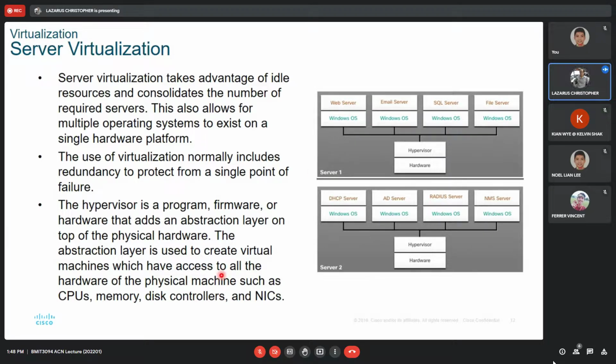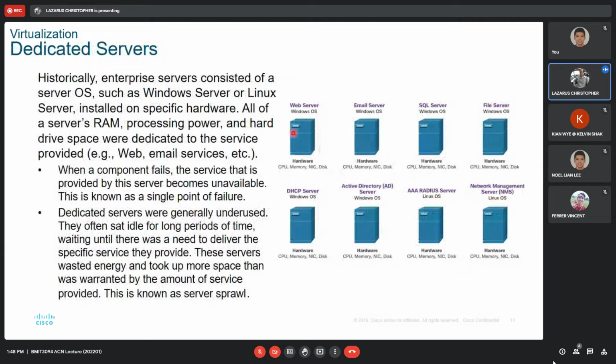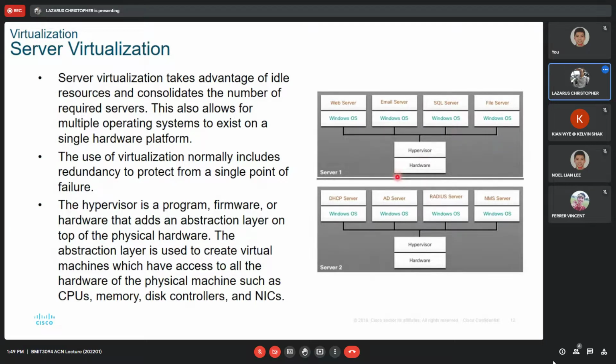So from the previous one, you can see that if the web server here is running and the email server here is running at the same time, if this email server is idle, then the CPU or the hardware here is idle. But here, because we share the hardware, including the CPU, we actually can make full use of the server, right? The email server is idle, that's fine. The web server, SQL server, and file server might be fully utilized and using the CPU, right? Now,